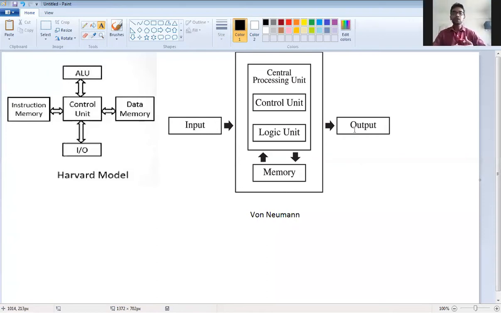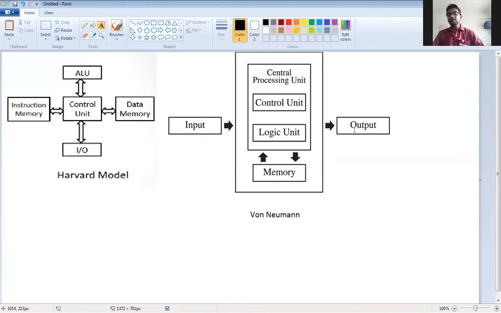Because program memory is separate, one dedicated line will be required for it, and data memory is separate, so one separate dedicated line will be required for it. But in von Neumann, only a single bus will be required for data memory and program memory. As two lines are there in Harvard, the design complexity is more, and for von Neumann the design complexity will be less because fewer connections are there.